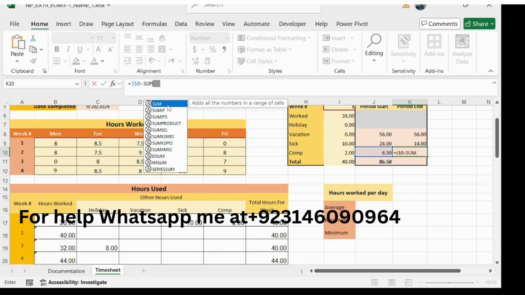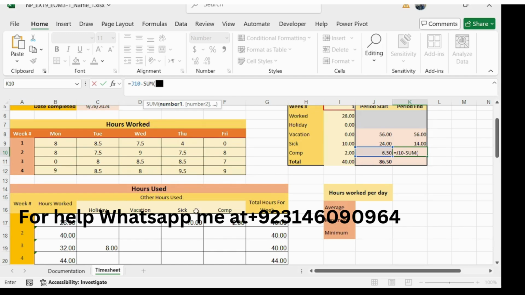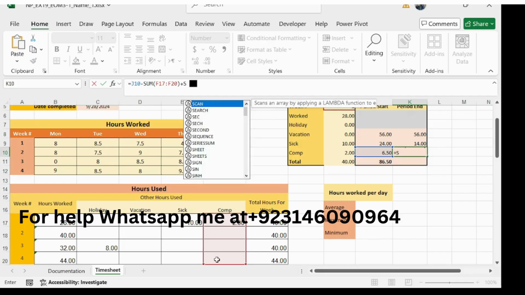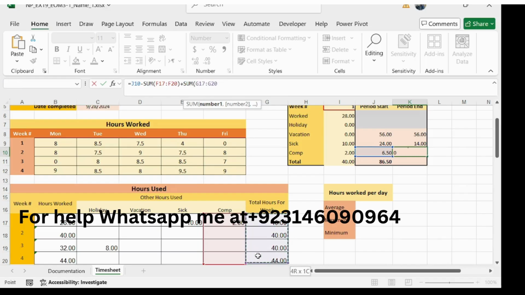Type sum and select the range F17 to F20, close the bracket and plus, and add the sum of range G17 to G20, close the bracket and then subtract 160 from this, and press enter.